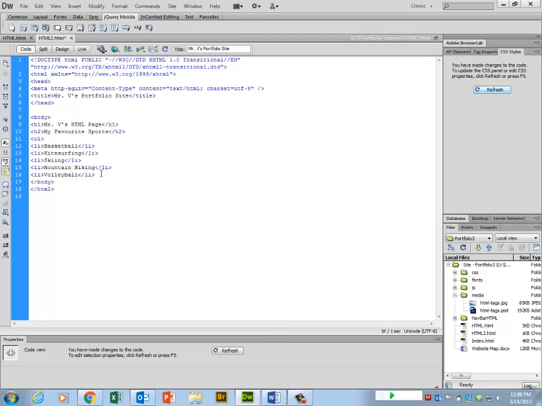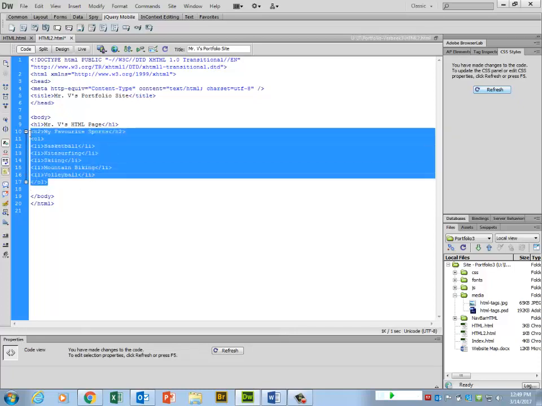I need to close the actual OL tag. So I'm going to hit enter, and I'm going to go angle bracket / and automatically it fills it in for you. Pretty awesome. Besides sports, I got a lot of other things I'm interested in. So for this one, we're going to do another list. So I'm going to cheat here, and I'm going to copy H2 all the way to the end of the